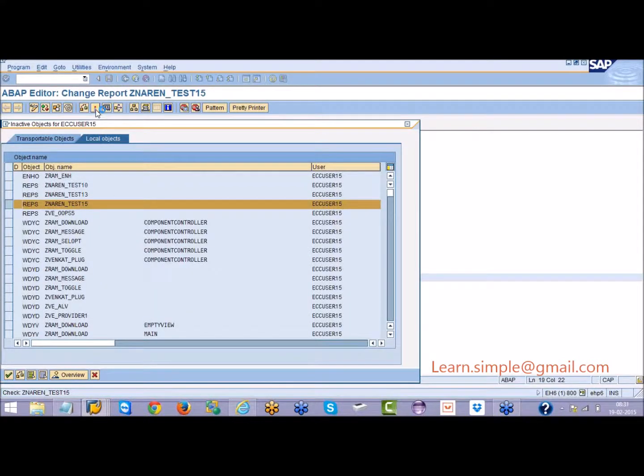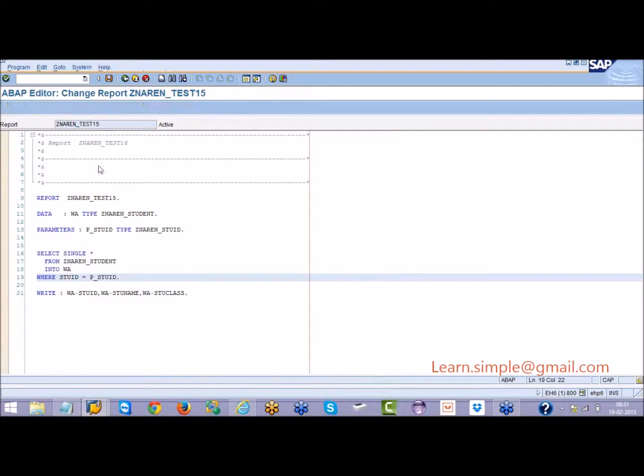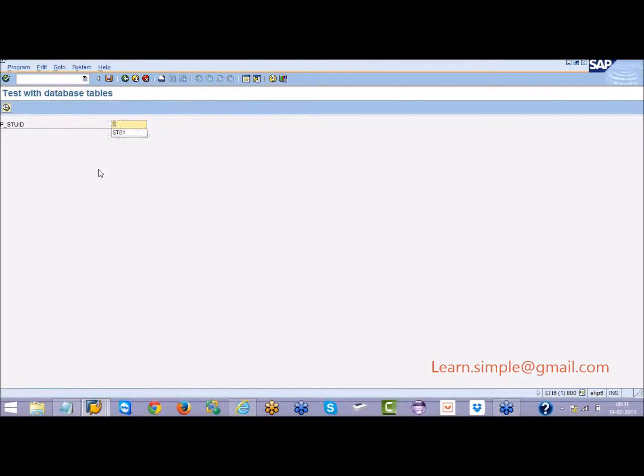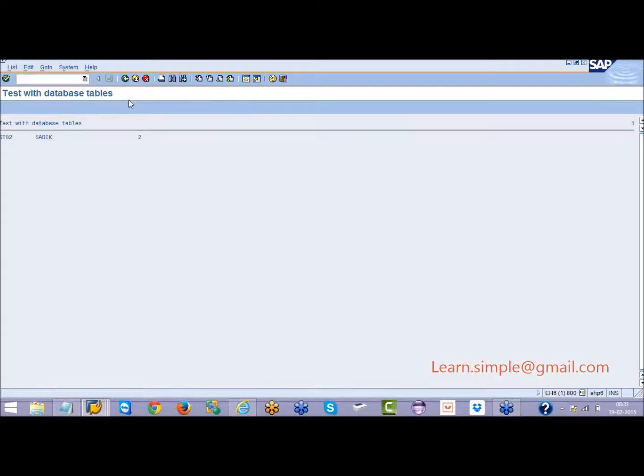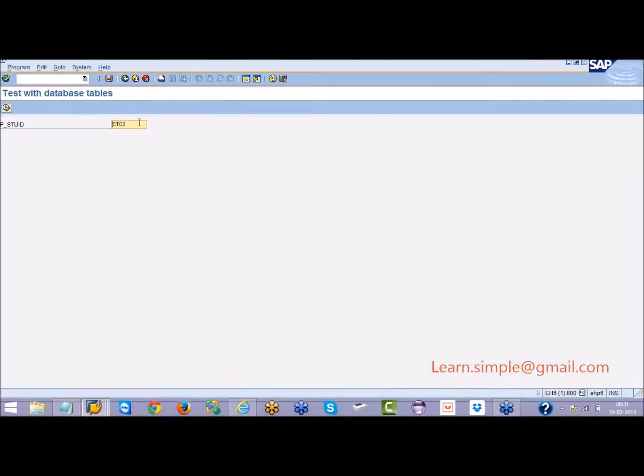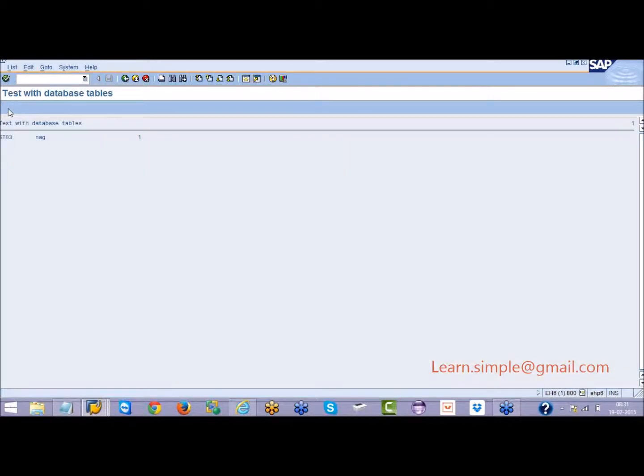Let us save, check, activate this. Now when I execute, if I provide ST02, ST02 related data will come in my output. If I provide ST03, then the ST03 related record will come in my output, and so on.